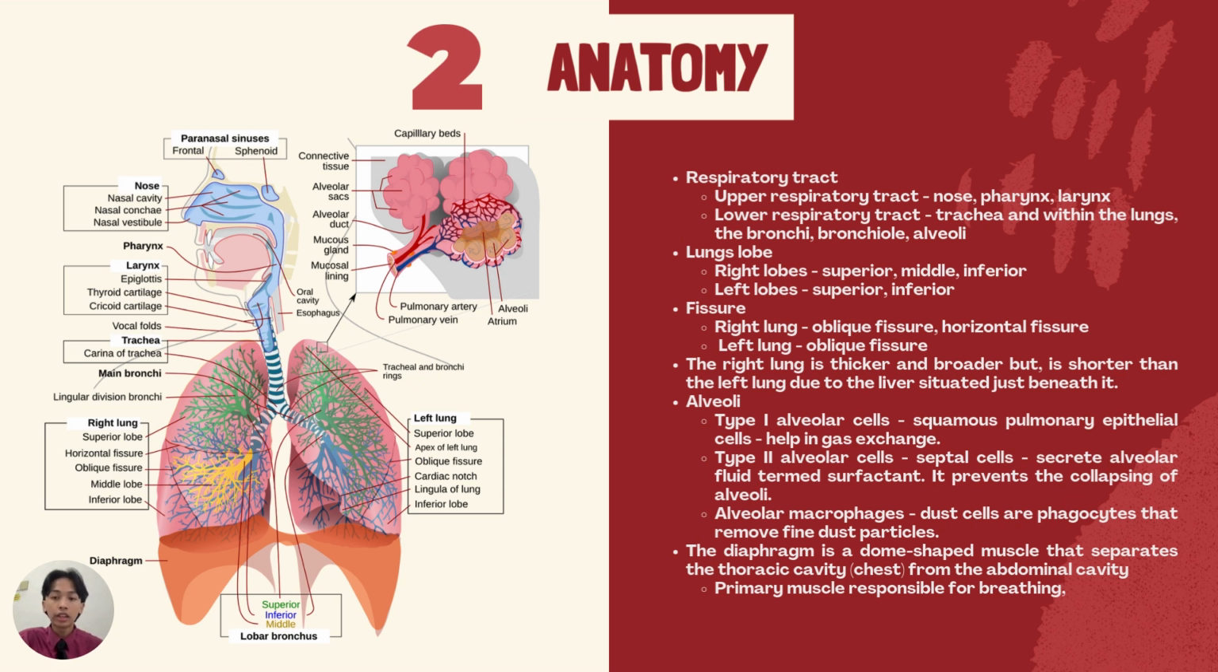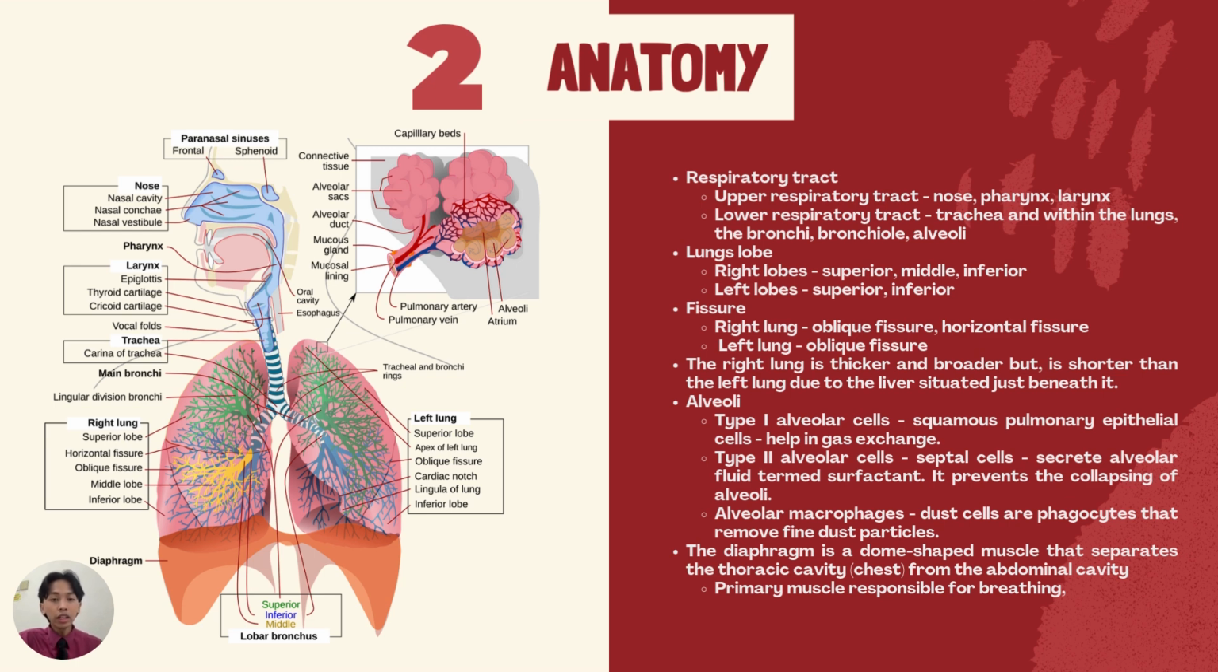Next, our lungs are divided into lobes, which are slightly asymmetrical due to the positioning of other organs. For example, our right lung has three lobes, which are the superior, middle, and inferior lobes, and it is separated by the oblique and horizontal fissures. While our left lung has two lobes, the superior and inferior lobes, separated by the oblique